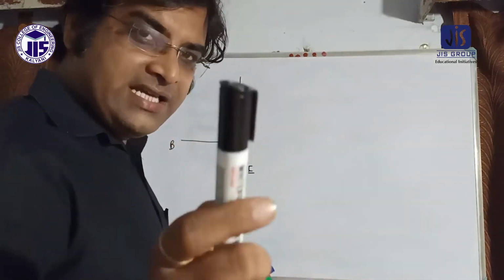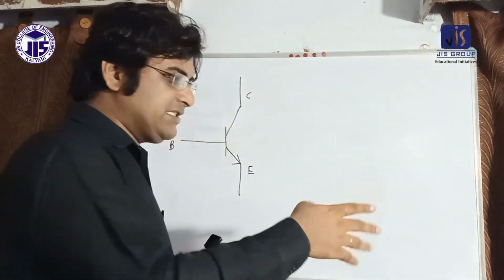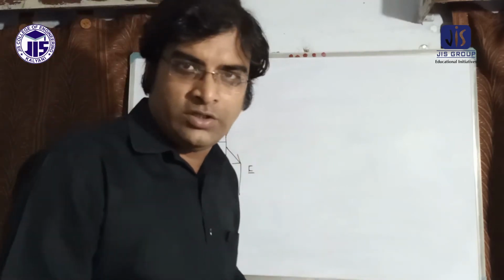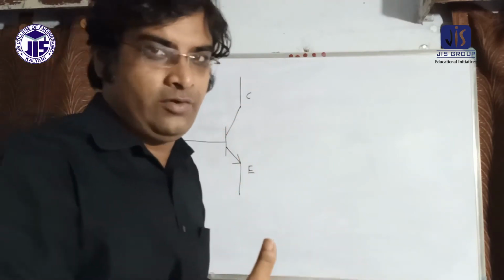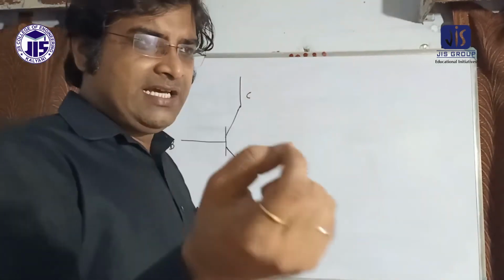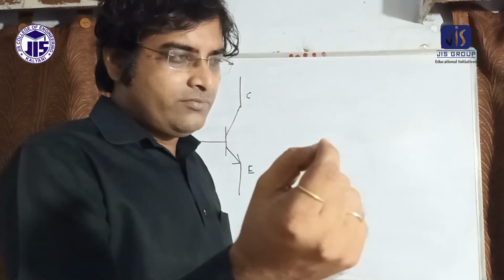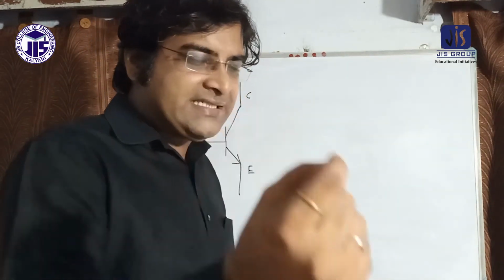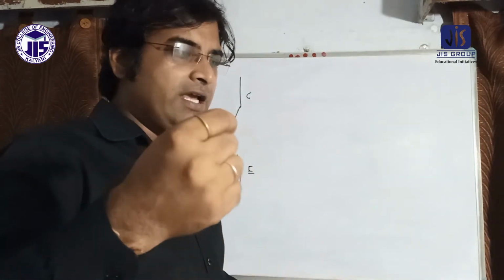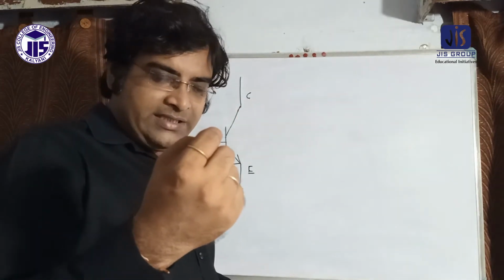I have already said that I always concentrate on the current analogy, and in all my lectures I am concentrating on the current flowing concept, not the electron flowing concept. Today I am explaining one particular statement. By this statement it is possible to simplify transistors in any kind of complicated circuit. The statement is